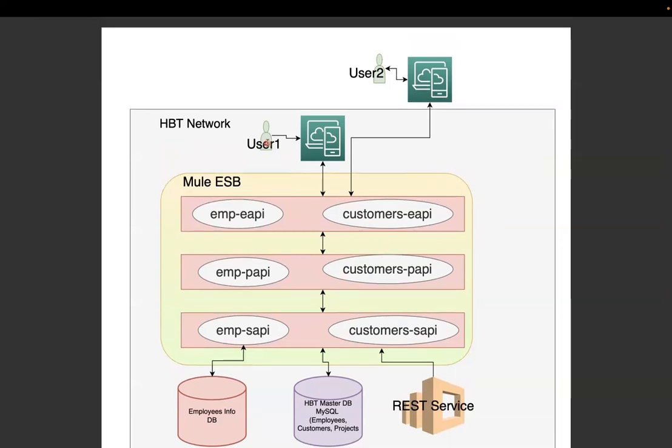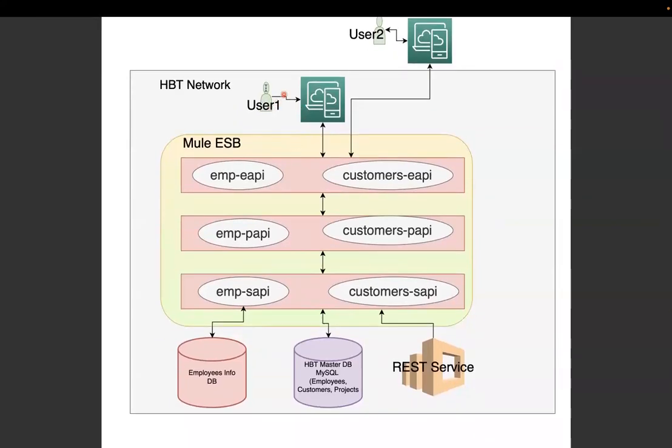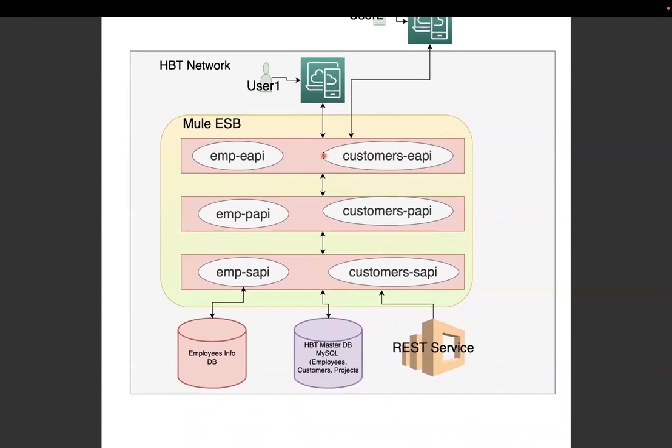And in this case, for example, consider that user one wants an employee's information. So he will log into the front-end application, and from the front-end application, there will be different dashboards or pages. So accordingly, whatever information he needs, he is going to send a request from the application. That application will trigger or consume a MuleSoft service internally, and it will be sent to the MuleSoft layer or integration layer. And from the MuleSoft ESP or integration layer, the request will be received on the Experience API,